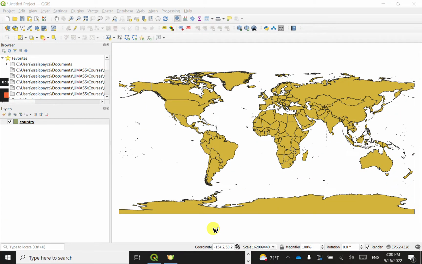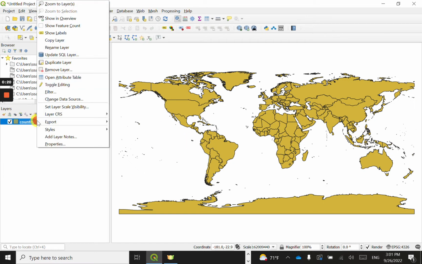Hi everybody, in this video I'm going to demonstrate how you can select a feature of a given vector file and save it or export it as a separate polygon file. So I have my country layer located here, and if I right click on the country on the layers pane,